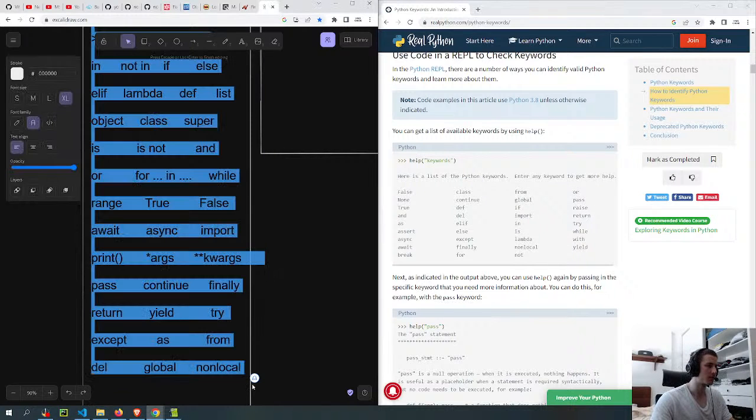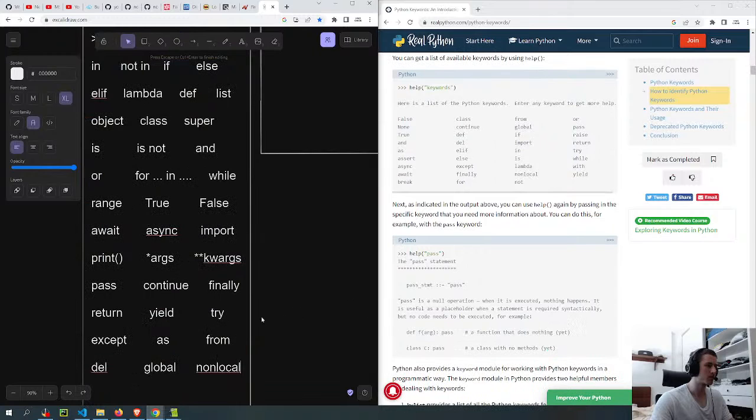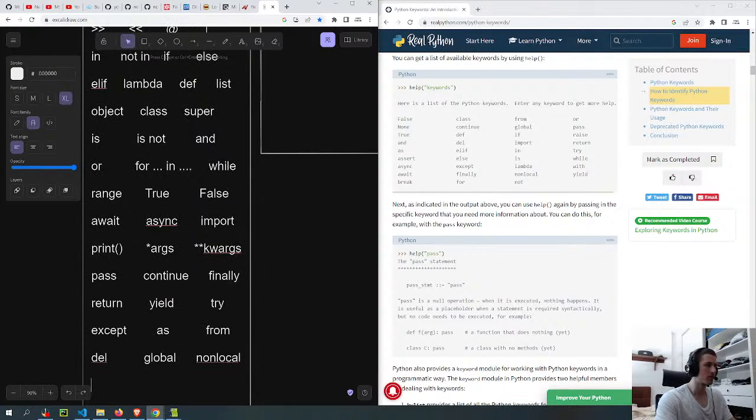Raise. Except, I think I put it there. Width, break, assert.